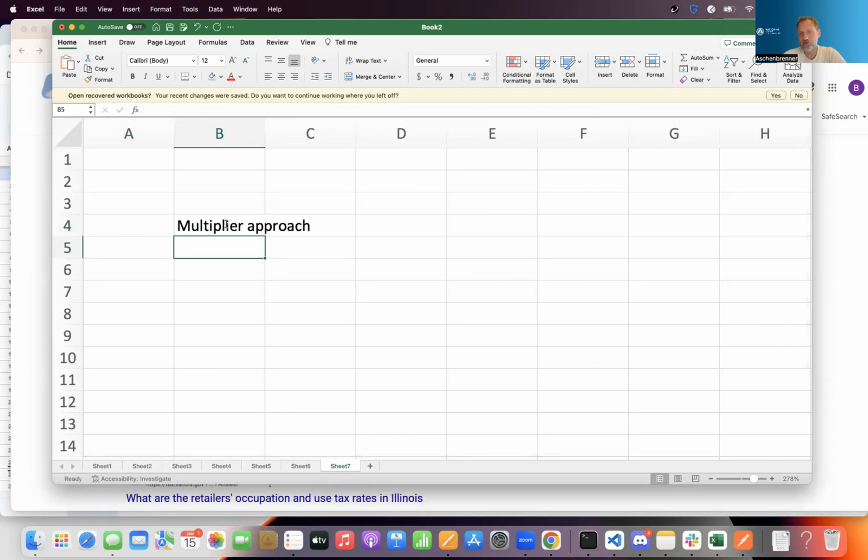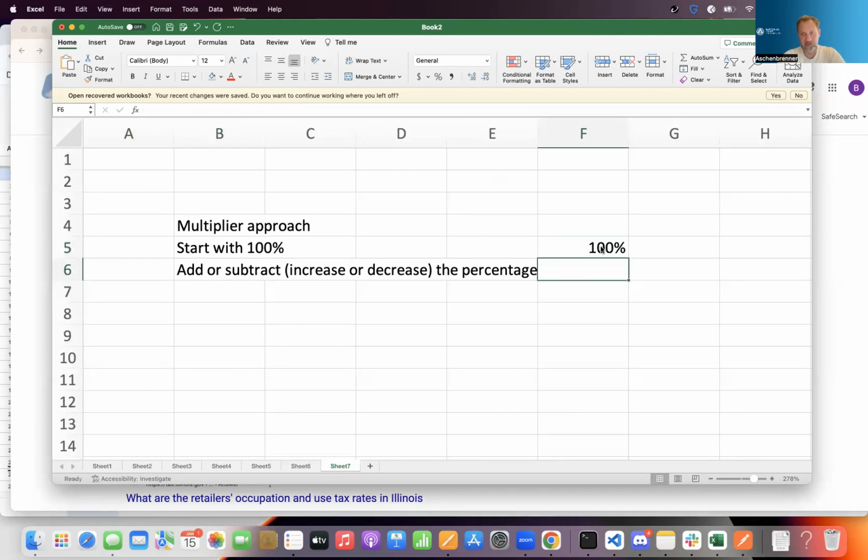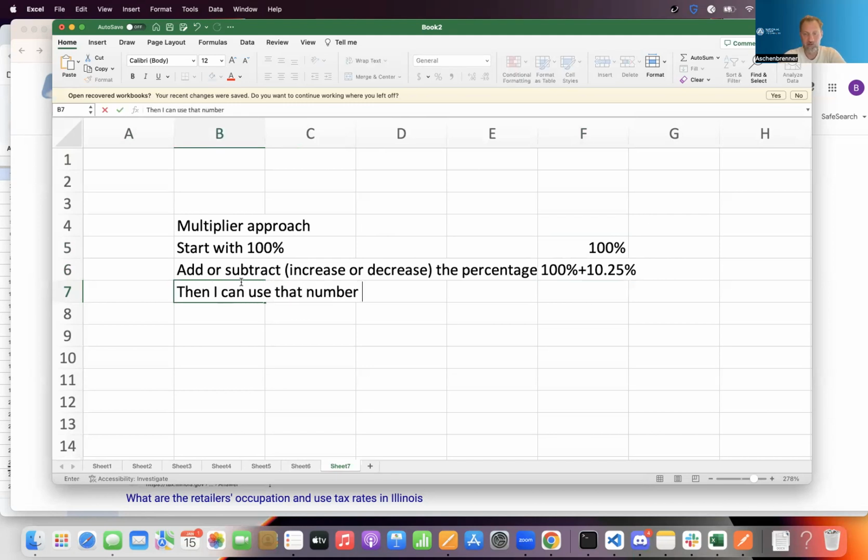So in general, if I need to increase or decrease the price of something, I'll start with 100%, add or subtract, depending on whether I'm doing an increase or decrease, the percentage. So in my case, I'm starting with 100%. The tax is 10.25%. So I'm going to do 100% plus 10.25%. And then that becomes the multiplier. So then I can use that number turned into a decimal